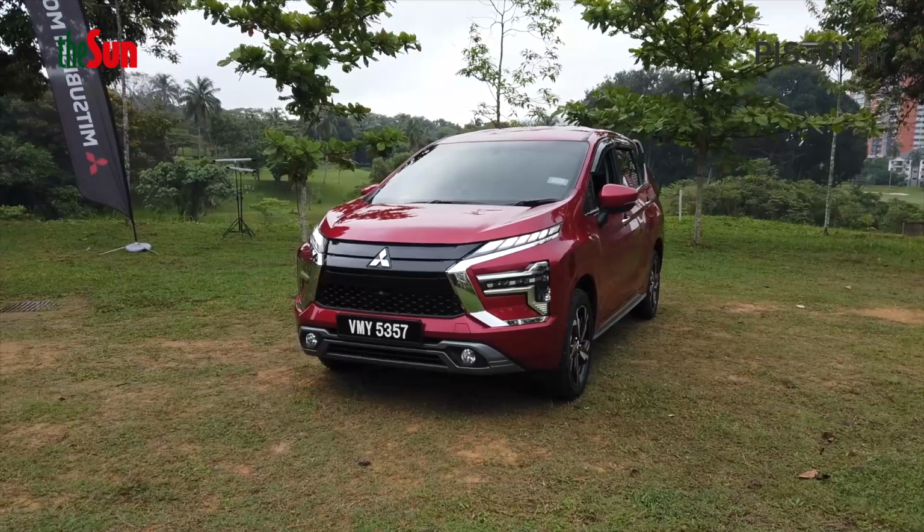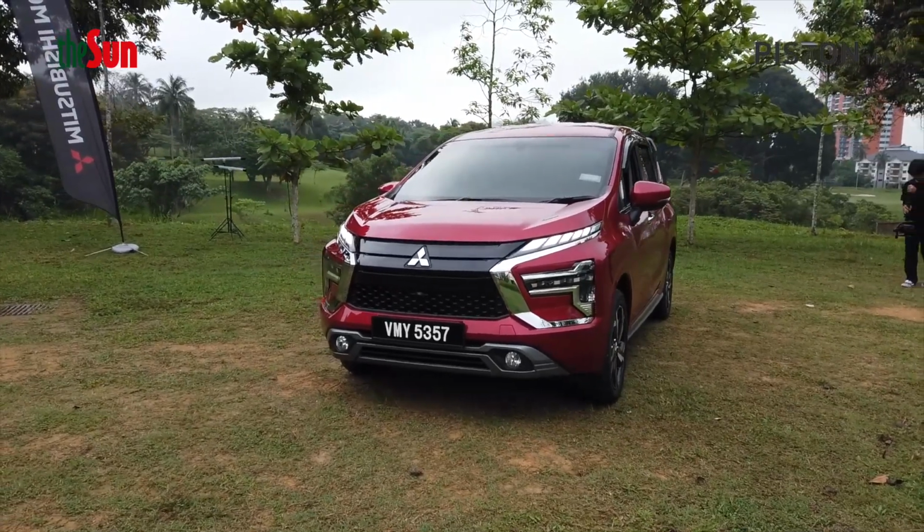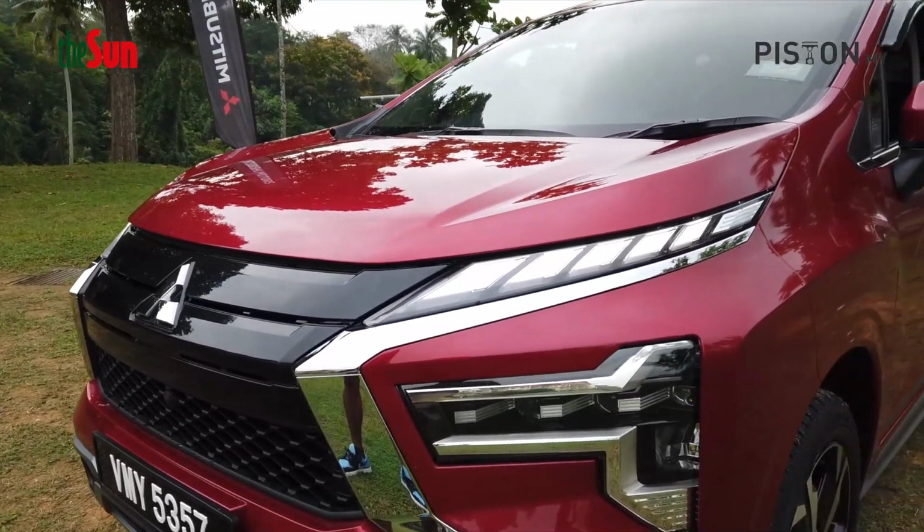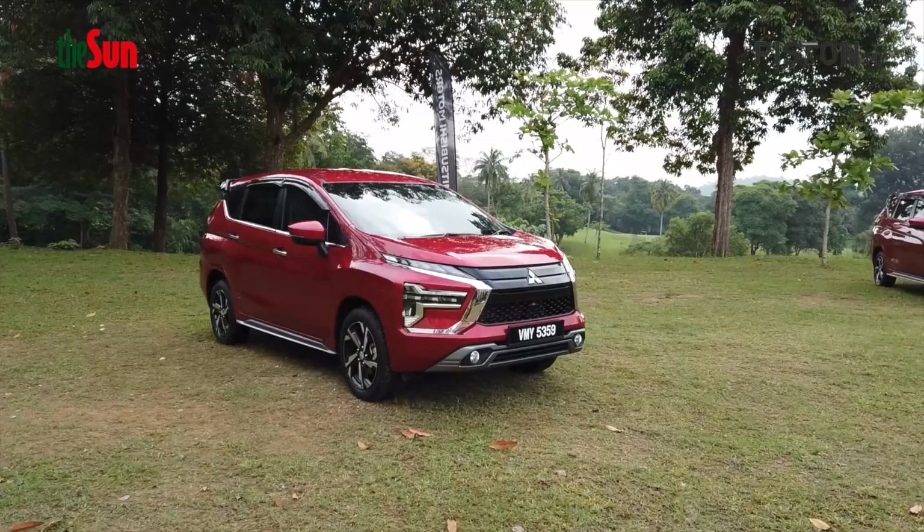I'm Kashi Dillon, and today we have a very special episode because today we are with Mitsubishi Motors Malaysia to test drive their new XPander series. Now, the XPander has been around for quite a while and it's hugely popular with over 40,000 units plying our Malaysian roads. So it's no surprise then that Mitsubishi Motors Malaysia took their time to update the XPander because, hey guys,